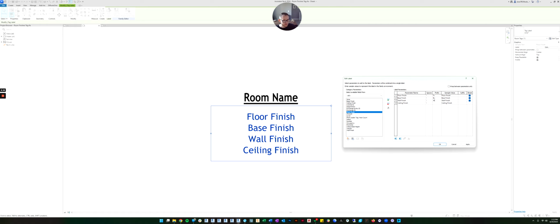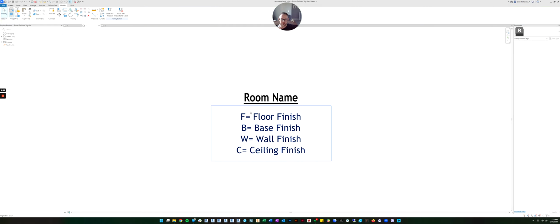Oh my goodness, I'm clicking all the wrong buttons. Then you can click OK. And you see how now it puts that prefix in front of it.